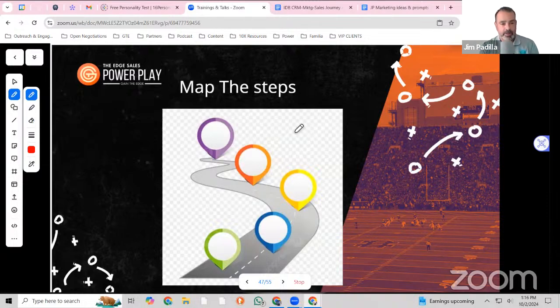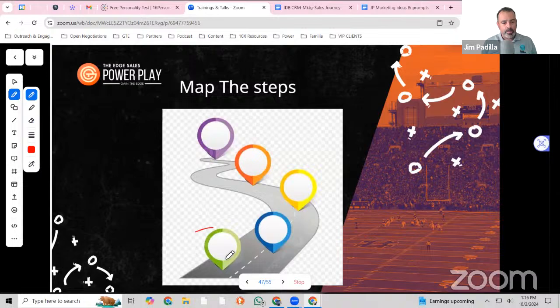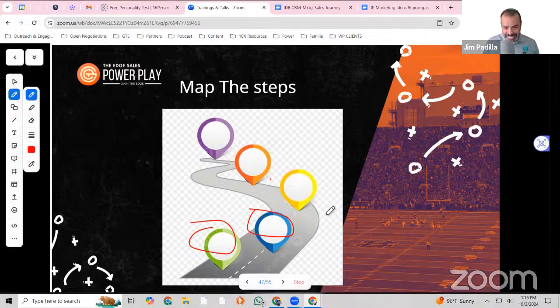Okay. Here's how you break that down. You have to map out the steps, where they are to where they need to get to be able to solve the problem. And in those steps, you need to be thinking inside of this: what do they need to know about themselves, you, or the problem, in order to come into your world? What do they need to know about themselves, you, or the problem, to take the next step, to opt in, to register, to show up, to book a call, to register for a training? Every step along the way, you need to ask yourself, what do they need to know about themselves? What do they need to know about you? What do they need to know about the problem? Your job is to constantly be reaffirming all three.